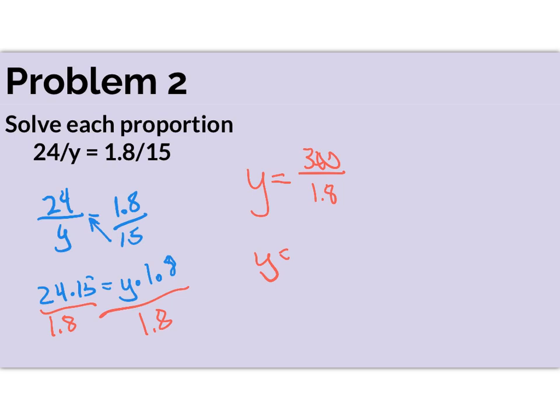Let me write that neater. I kind of made that messy. All right. 24 times 15 is 360. And if you divide 360 by 1.8, you get 200. So 200 is a number that will make these ratios proportional. So catch me on the next video, and then I will